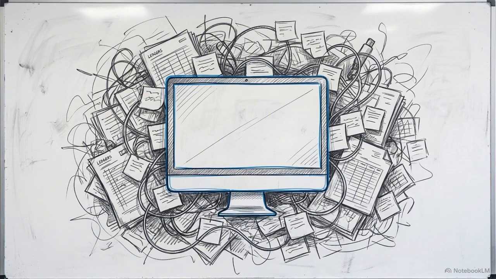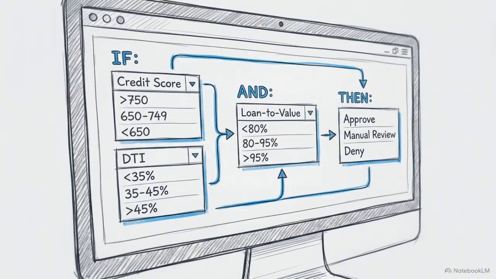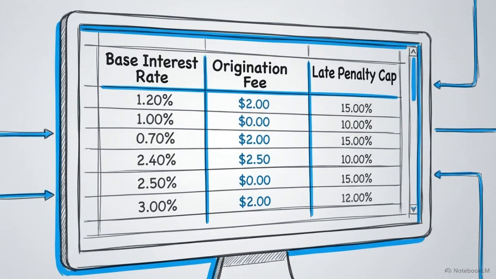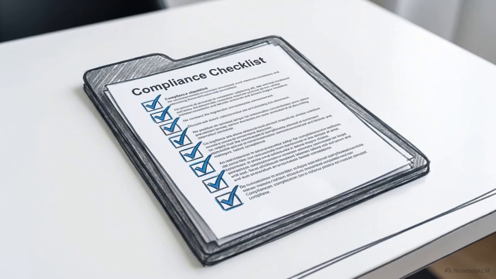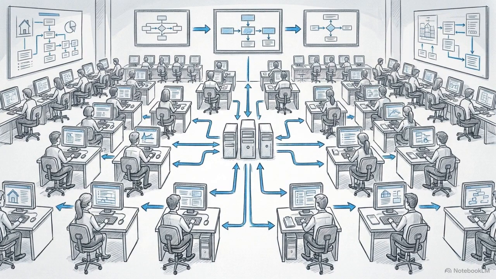Be aware that migrating to a dedicated platform will not fix a disorganized lending operation. Software only automates the rules you give it. You have to standardize your loan terms, define your fee structures mathematically, and lock down your compliance protocols first. Once the logic is clear, the right software